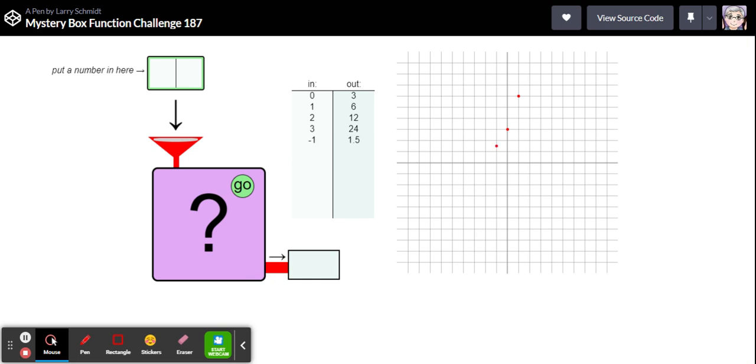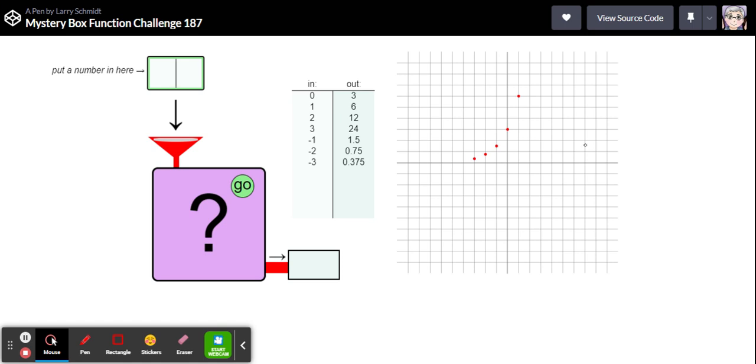Okay, so negative 1 gives us 1.5. How about a negative 2? That's 0.75. How about a negative 3? 0.375. Okay, so I'm seeing a couple of clues here that lead me to believe I know what this might